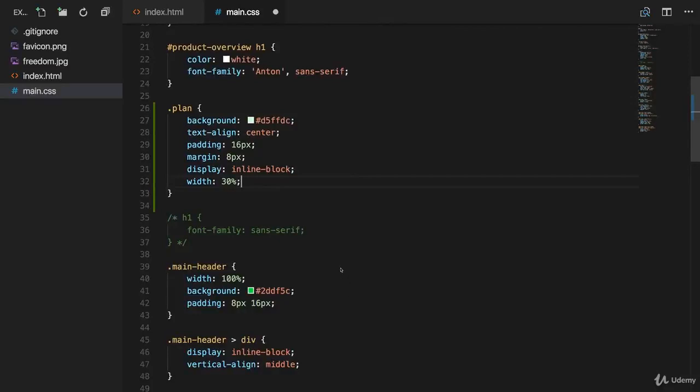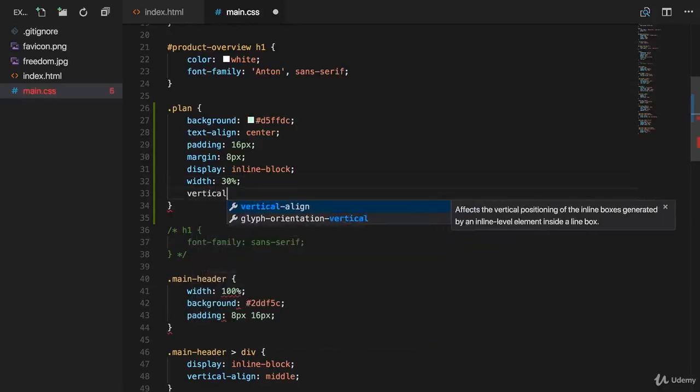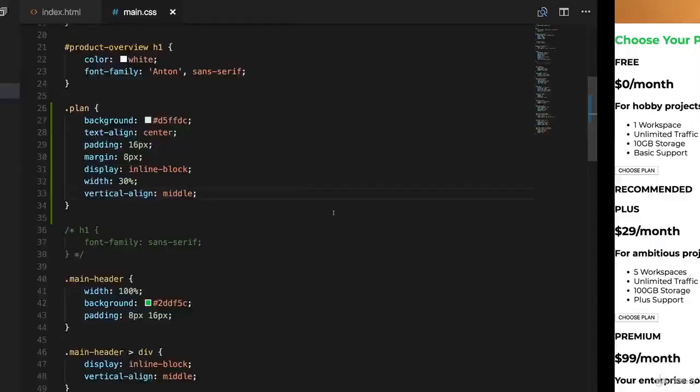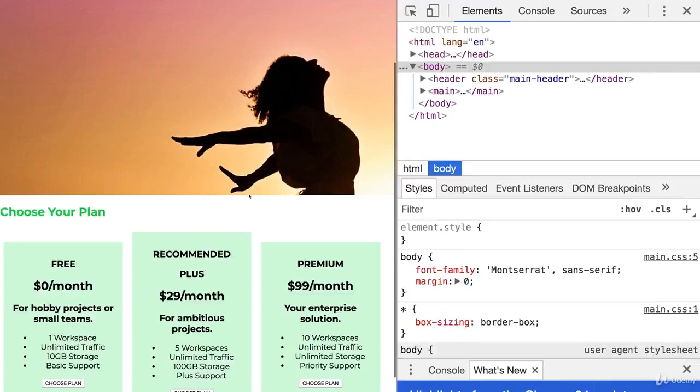And by the way, for smaller screens, this will of course look very ugly. It is something we'll fix in the responsive design section, where we will dive deeply into how you can adjust your layout for smaller screens. But for now, this should do the trick. Now, one other thing I want to do here is set the vertical align to middle to ensure that all 3 plans are vertically aligned, so that the middle is the same for all of them. Now, if we save that and we go back to our page, we can reload it, and